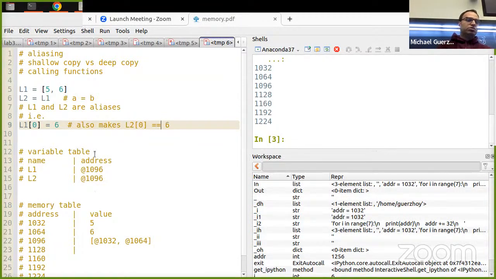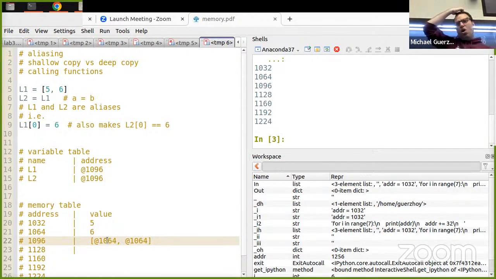Of course, you're going to the list that lives at address 1096, and you're saying this is now something new. Whether you access it via L1 at 0 or L2 at 0, it's going to be 6.